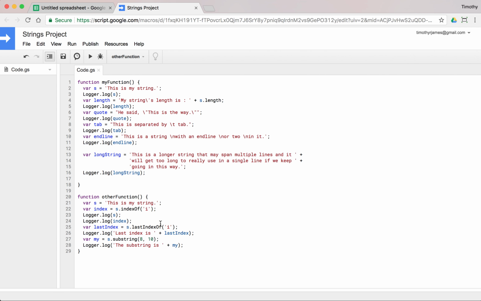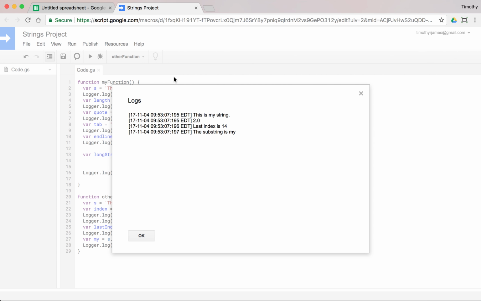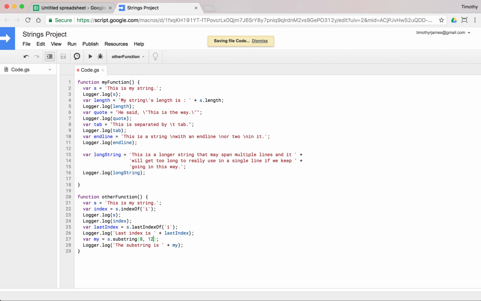And what that basically is saying is take the substring from character 8 all the way up to, but not including, character 10. So if we change this to 11, it's actually not going to look any different because it's just going to get that extra space character. See, this substring is my. But if we do 12 and we run this,